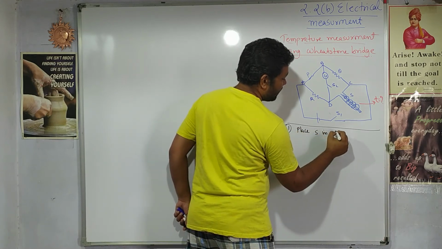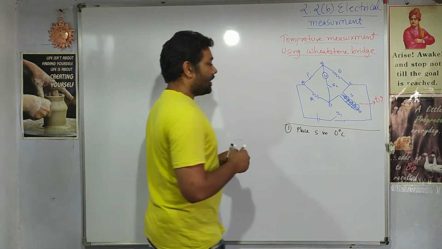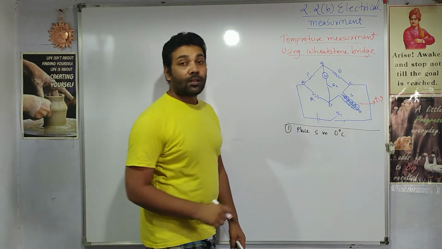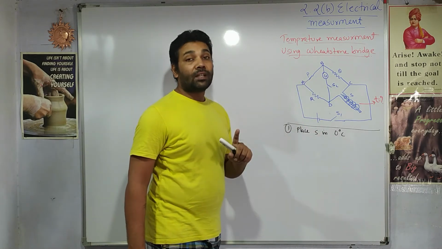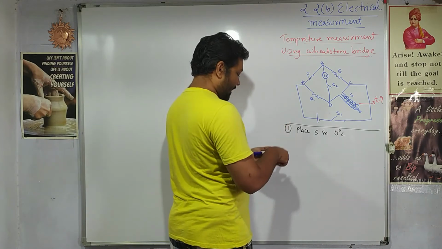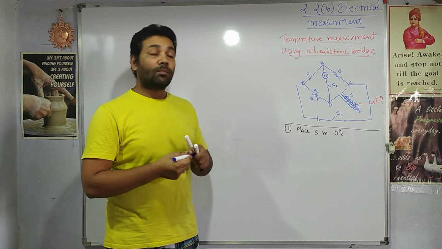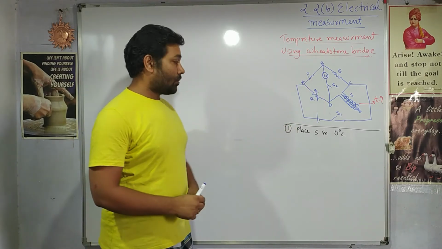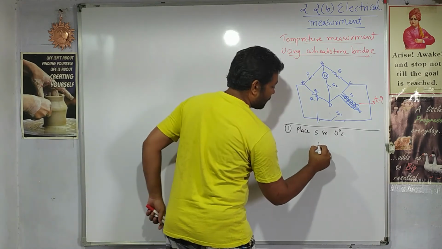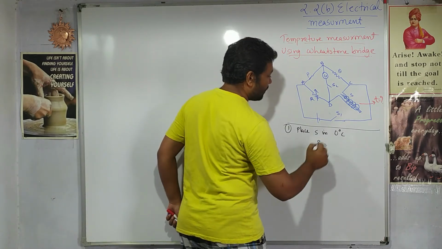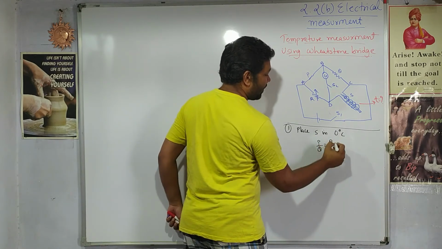Under step 1, in the first step, we place S in 0 degrees centigrade. As soon as S is placed into 0 degrees centigrade, again the balancing condition of the Wheatstone bridge is done. This is a variable resistance R. Just like the previous discussion of the Wheatstone bridge principle, we balance the Wheatstone bridge. As soon as we balance it, we get the equation P upon Q is equal to R upon S.